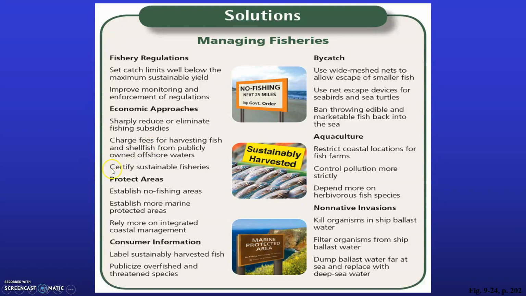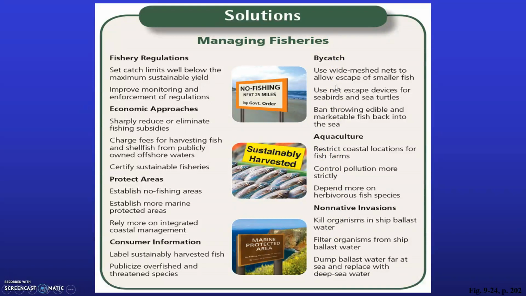And we're starting to see this in our grocery stores, where the packages on our seafood depict how those species were harvested, whether they were harvested sustainably or not. Set up more protected areas that define no fishing areas, as well as work together with other countries on integrated coastal management. And then set up some good labeling on products that get into the consumer's hand that indicate whether something is sustainably harvested or not. And then in terms of bycatch,